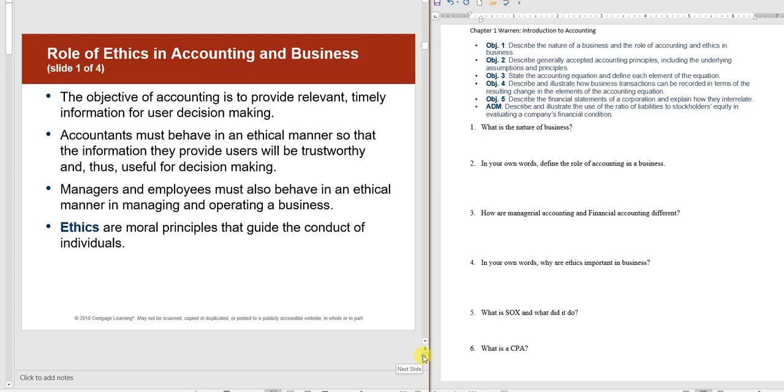Basically, we want the financial reports to be accurate. If you're going to use them, you would like to know that what you read is truthful. Accountants actually put those together, so you want them to not lie. So basically, we want to make sure that what our accountants have is trustworthy.